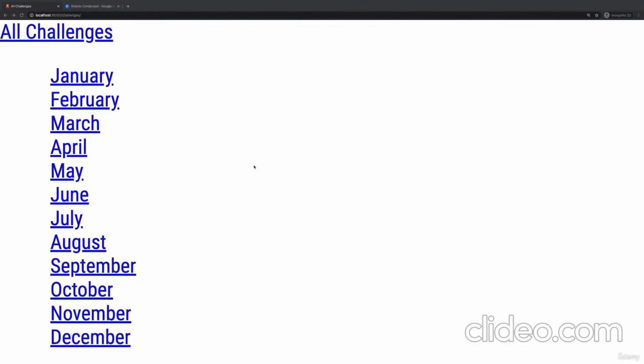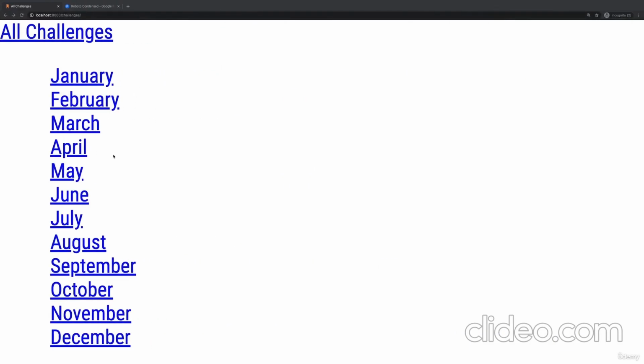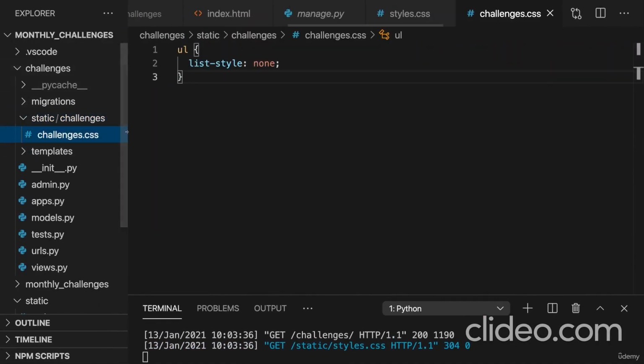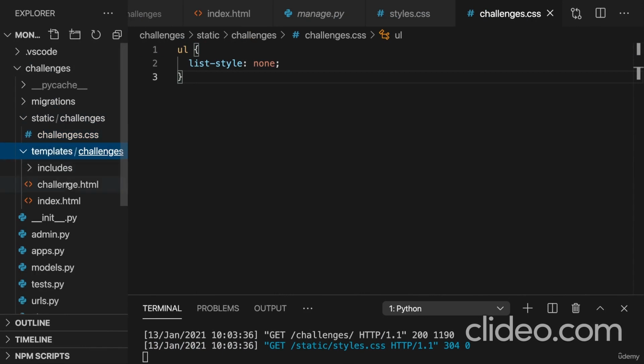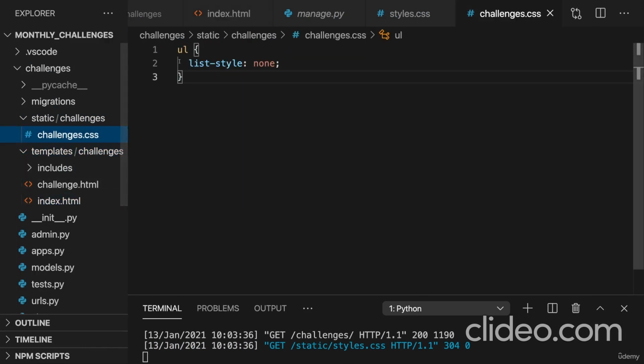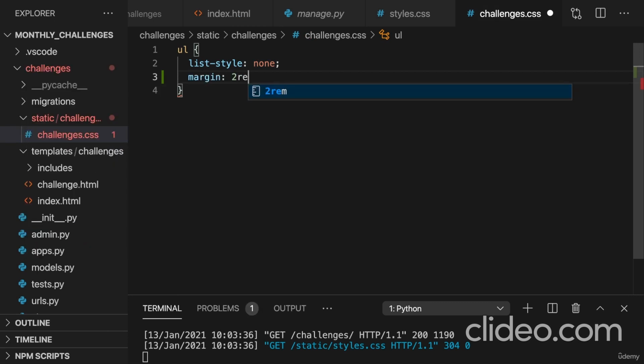So let's now work on making this all look a bit nicer. For that, I'll start with that list, because we already have an app-specific static file for that, the challenges CSS file, which we include in the index HTML template. Here I'm already targeting the list and I'm changing the list style, but of course that's not all I want to do. Instead, I also want to give this some margin of 2 rem auto to center it horizontally, and